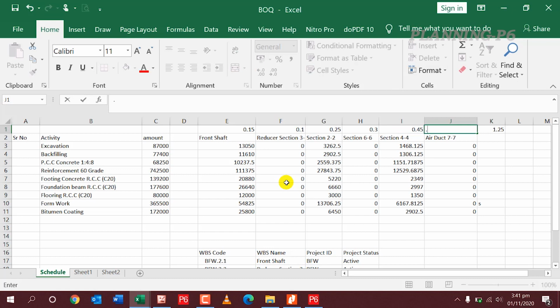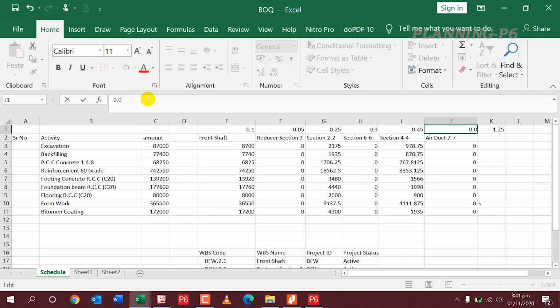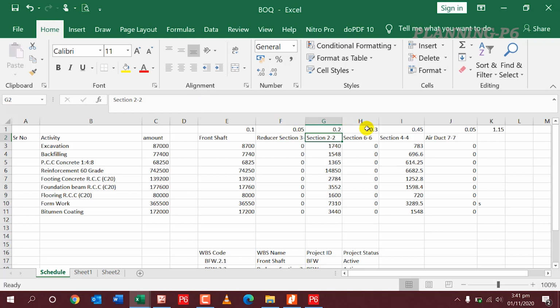I will let it down. This one is 5%, 0.5. This one is 10%, 0.10. This one is 5%. This one is 5%, and this section we will maintain at 20%. The H section we can take at 25%, and this section is up to 35%.